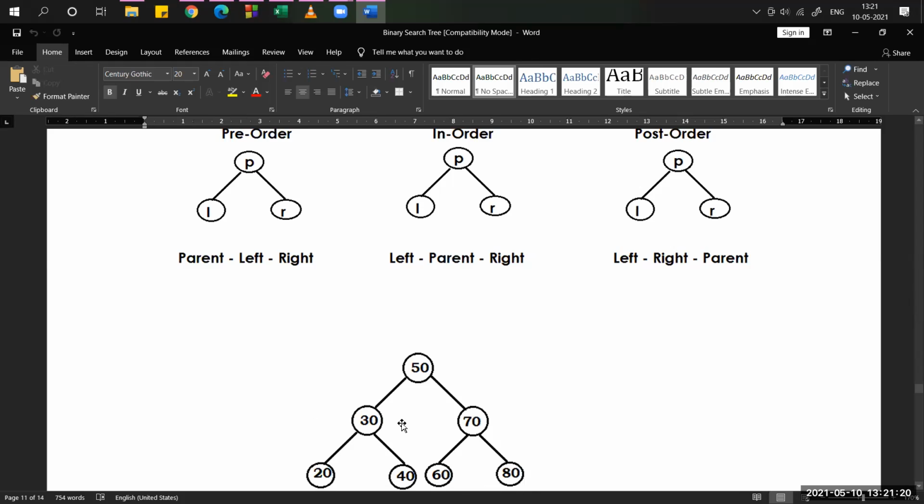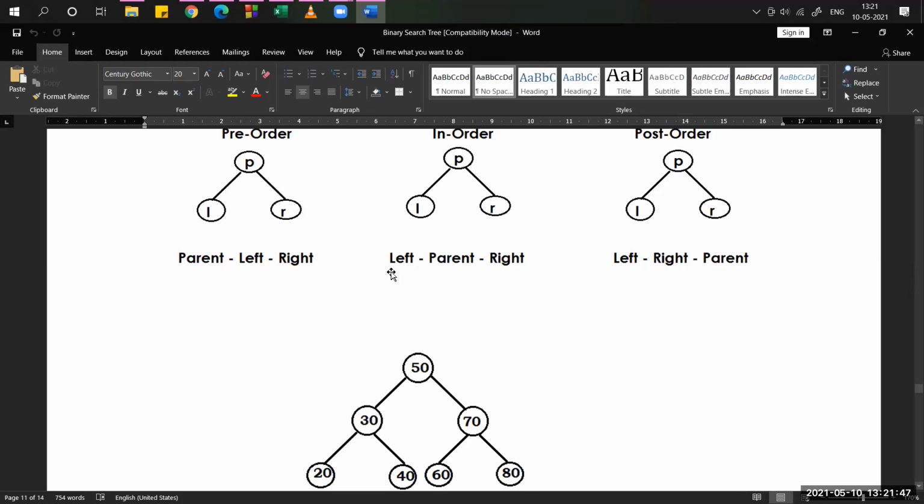Now, based on this tree, we have to print the values using pre-order, in-order, and post-order. Let's check how to display the values with these three methods. I'm going to take in-order first. What is the in-order formula? Left, parent, right.